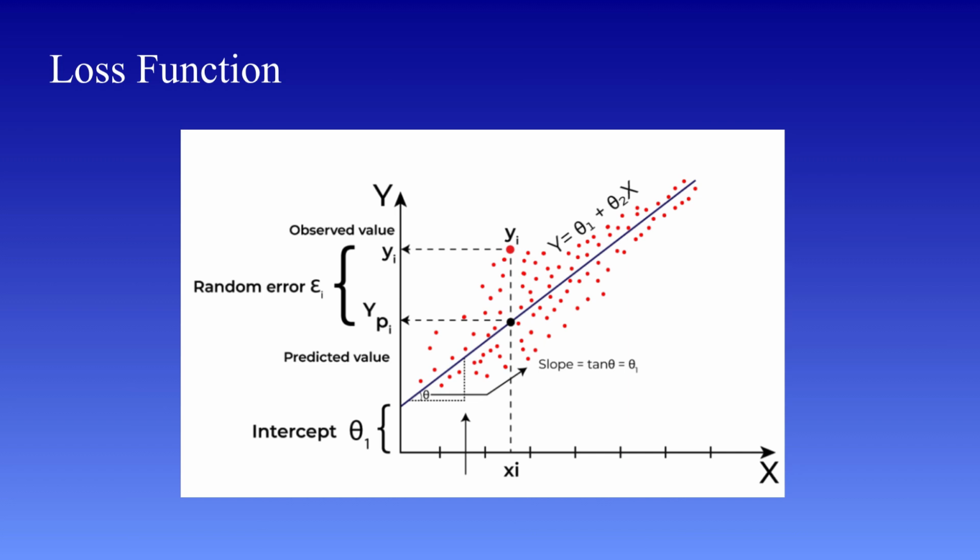Visually, this means we are trying to position the line so that it is as close as possible to all the data points. Another important thing shown in the diagram is the slope, which determines how steep the line is, and the intercept, which determines where the line crosses the y-axis. So, in summary, red points are actual values. The line represents predicted values. The vertical distance is the error. And the goal is to minimize all these errors. This visual representation makes it much easier to understand how the loss function guides the model to find the best possible regression line.